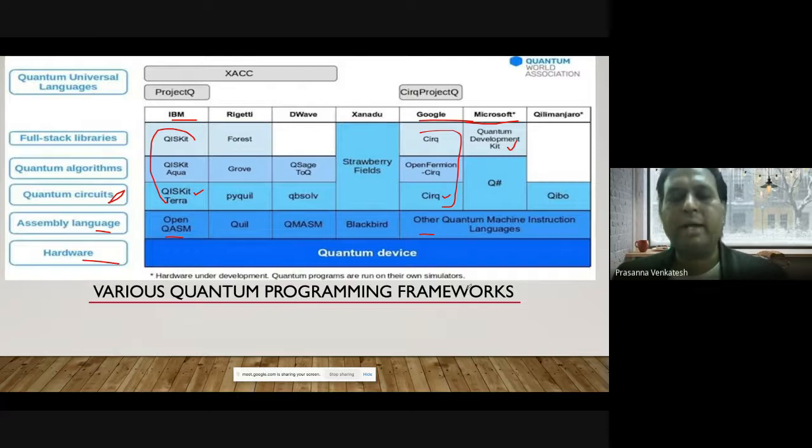Now, you could ask: you're telling me quantum devices require some minus 230 degrees Celsius, so how can I test on all these devices? The beauty of all these programming languages these companies have created is that they also provide cloud-based access to these quantum devices from your home. We're going to see how that happens.